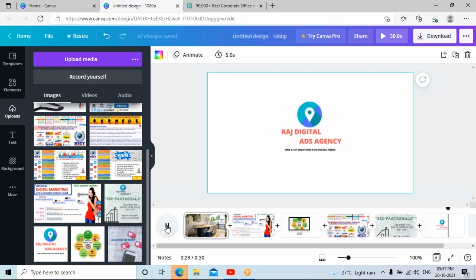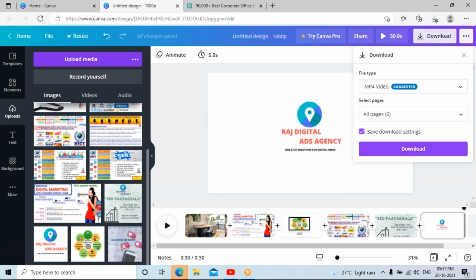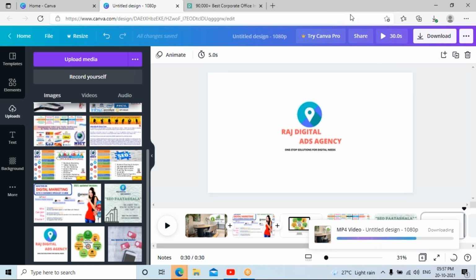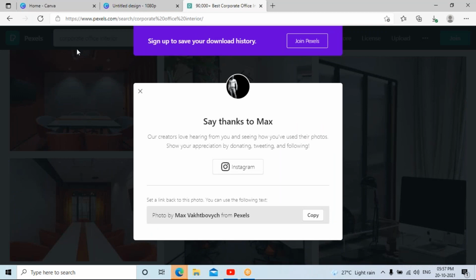Okay, so why I've created this video is because in Canva, if you create a video, it is not going to show any kind of watermark. Whereas if I try the same thing on the other platforms that I just listed in the chat box, the videos will have watermarks. So what to do when there are watermarks, we will see now.